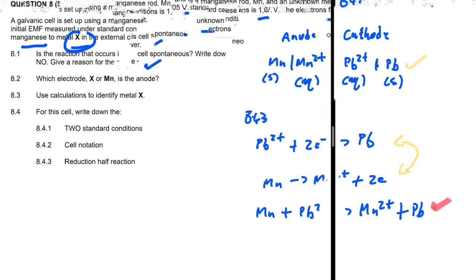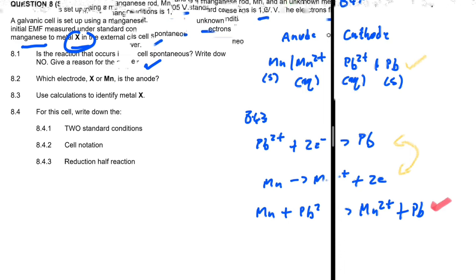We're going to have copper losing 2 electrons to form copper 2 plus. And this copper 2 plus is where the color blue is coming from. The color of copper 2 plus is actually blue. Let's take a look at